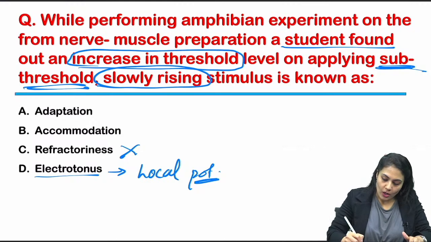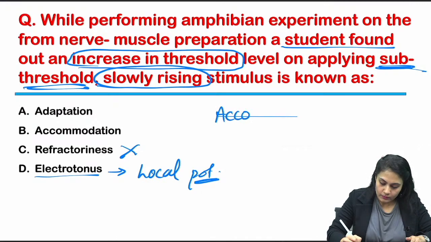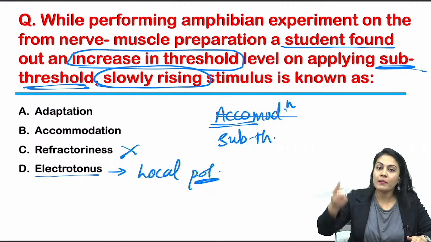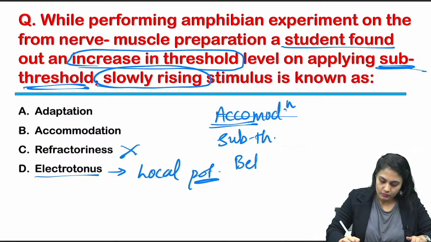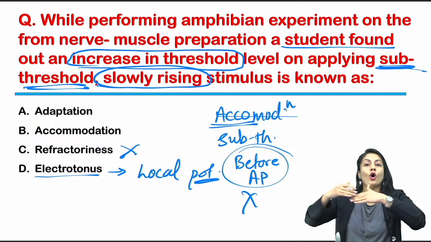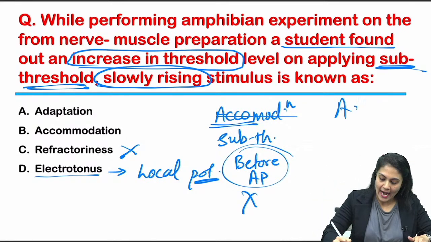Okay, so accommodation and adaptation. Remember, accommodation talks about sub-threshold stimulus, right? Accommodation always occurs before the action potential. There is no action potential; rather it is taking more stimulus to reach the action potential. When we talk about adaptation,